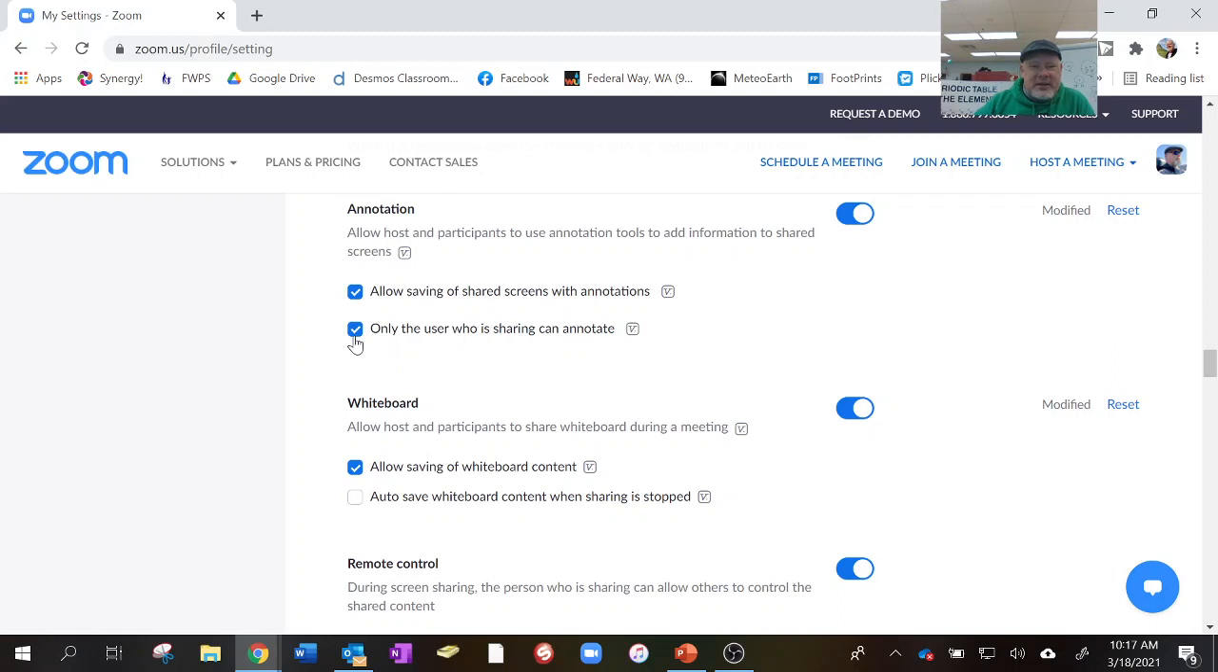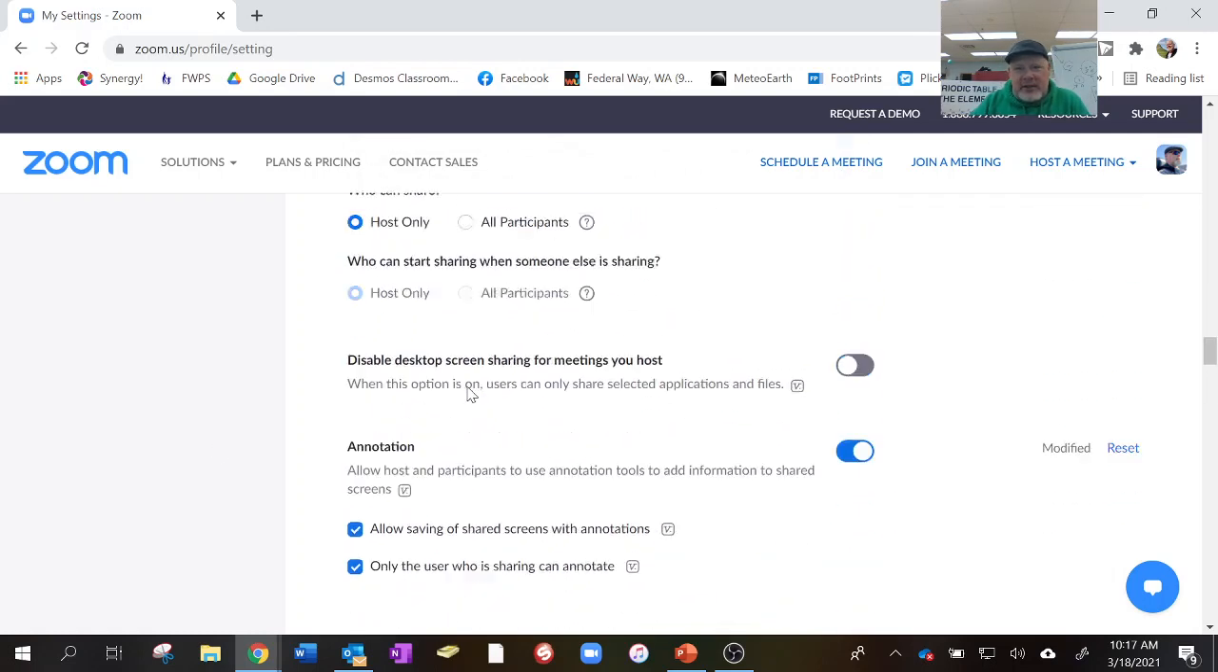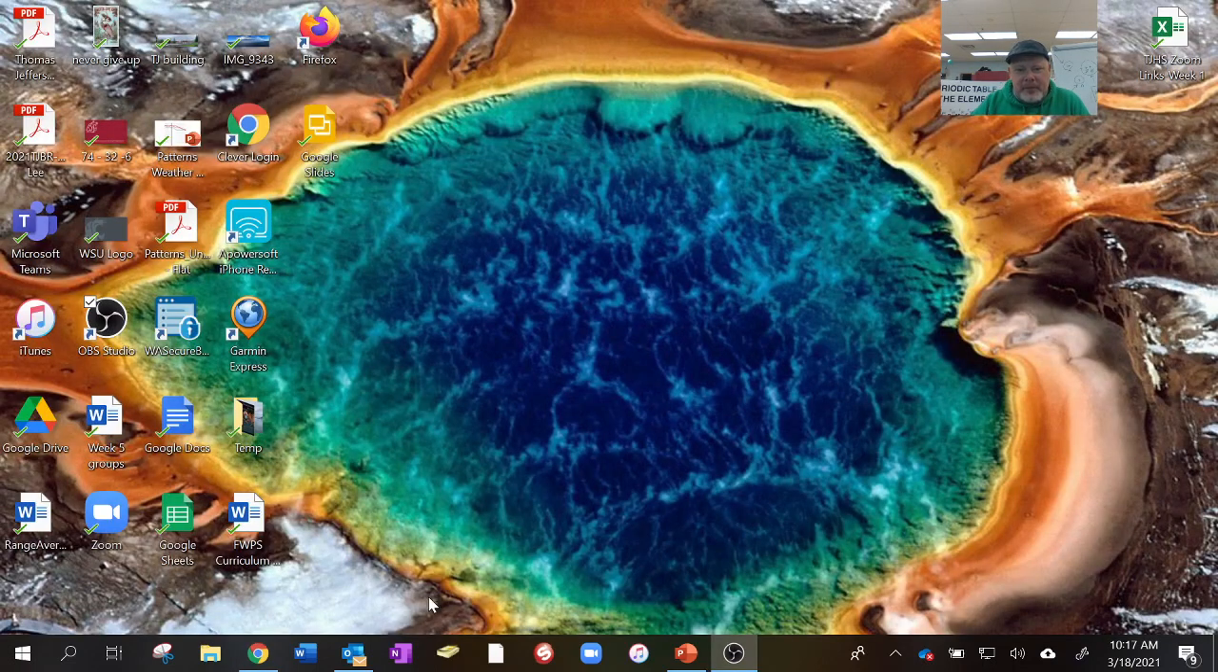Now, if you don't have that checked off, you can change that in the settings when you get into the actual Zoom itself. So you want to go to where it says annotations, turn that on, whiteboards, turn that on. Now there's nothing to save. Once you get done with that, you can just close out of your browser, and then you can open up Zoom,